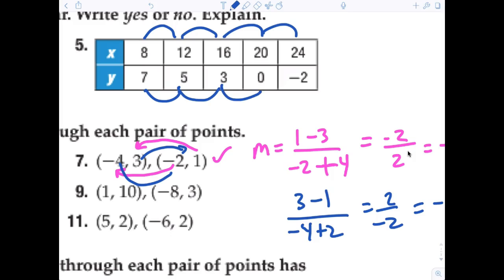So is it the same? No. It is not the same. It's not linear. Because if it's linear, the change will always be the same. You with me? Oh, I see. So here they kind of tricked you and said from 3 to 0 was 3. Does everybody agree? So again, I don't want that. I want it to always be 2. If it was going to be linear, the 0 would have to be a 1. And then the negative 2 would have to be a, thank you very much, that is 100% correct. So now we just fixed it so it would be linear, because the change is the same.